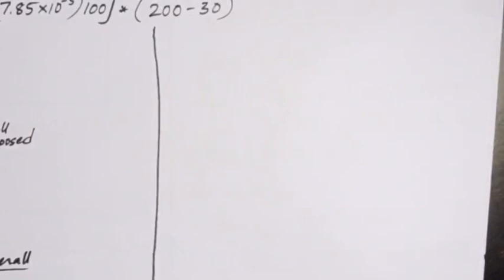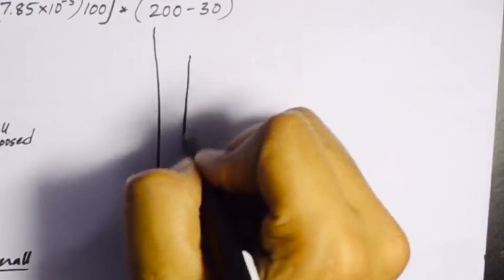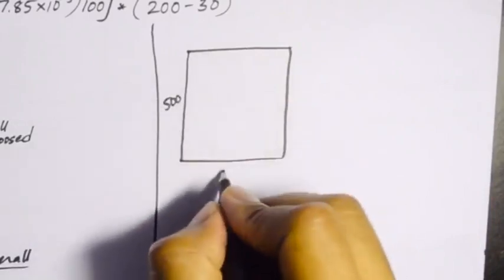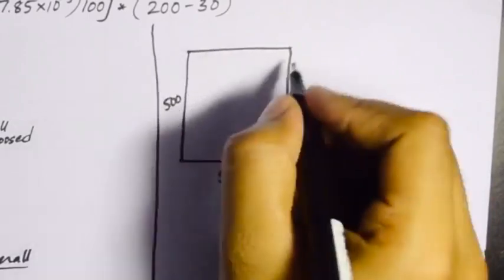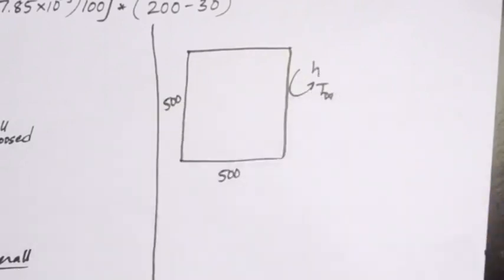To find out the resistance without fins, we need to find out the heat transferred by the wall without the fins, right? So what is the condition if the heat is transferred without the fins? The diagram would change like this. We have the vertical wall of 500 mm by 500 mm. There are no fins attached here. This wall is exposed to a surrounding of h and T infinity as given in the question.